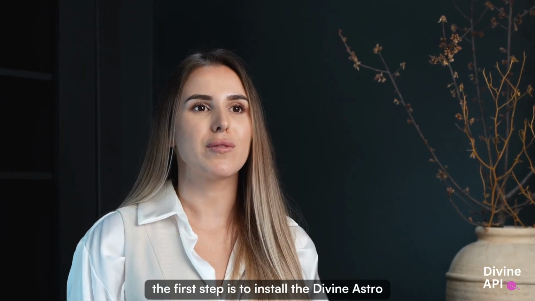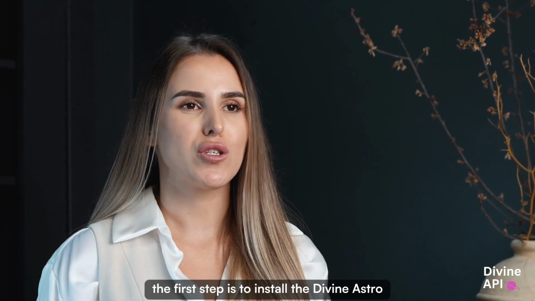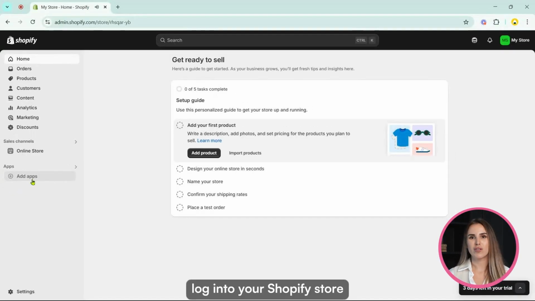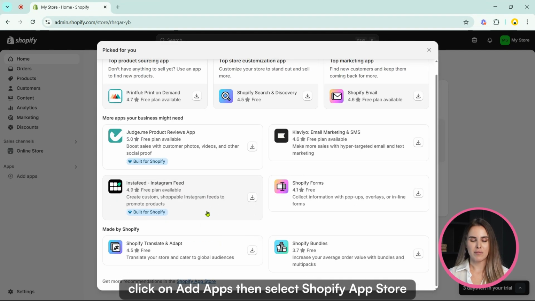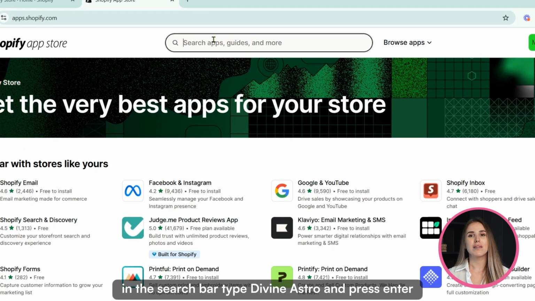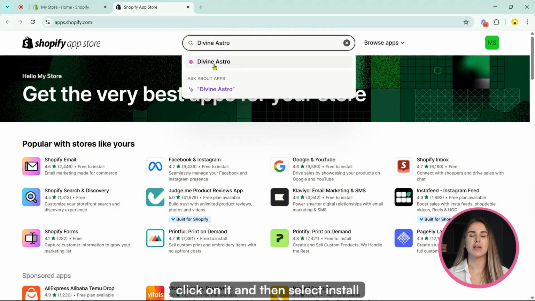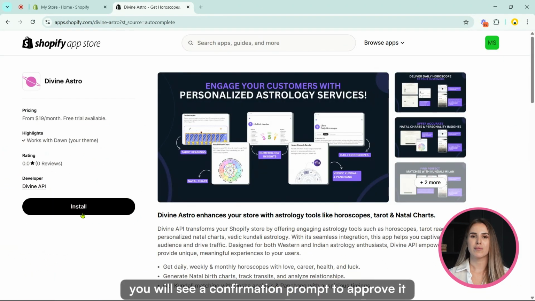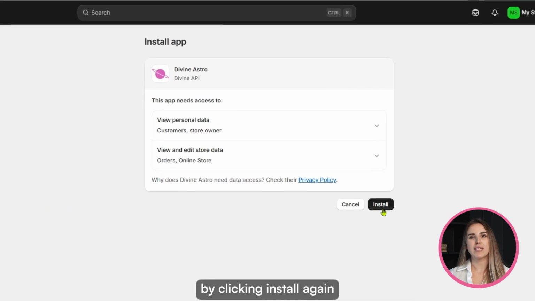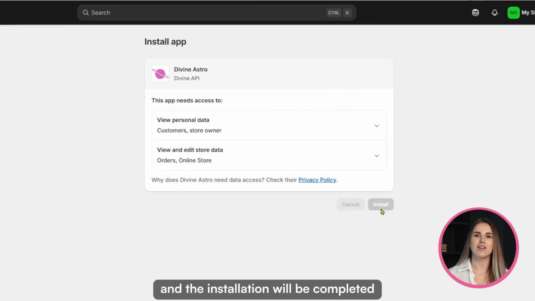Let's get started. The first step is to install the Divine Astro plugin from the Shopify App Store. To do this, log into your Shopify store and navigate to the Apps section. Click on Add Apps, then select Shopify App Store. In the search bar, type Divine Astro and press Enter. Once you find the plugin, click on it and then select Install. You will see a confirmation prompt to approve it by clicking Install again, and the installation will be completed in